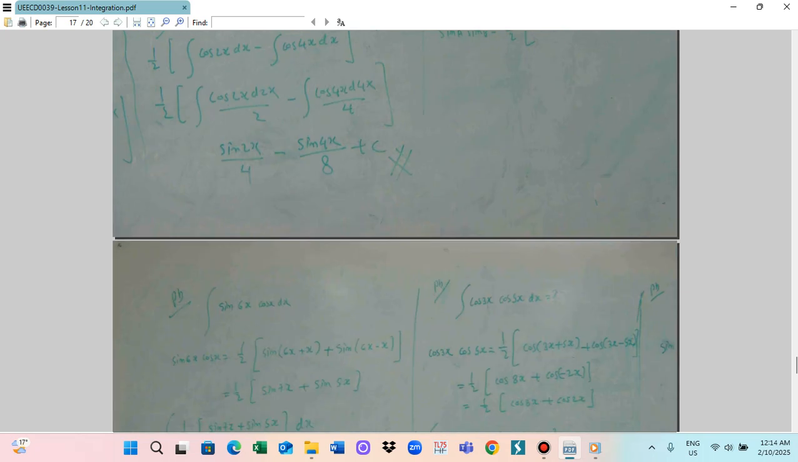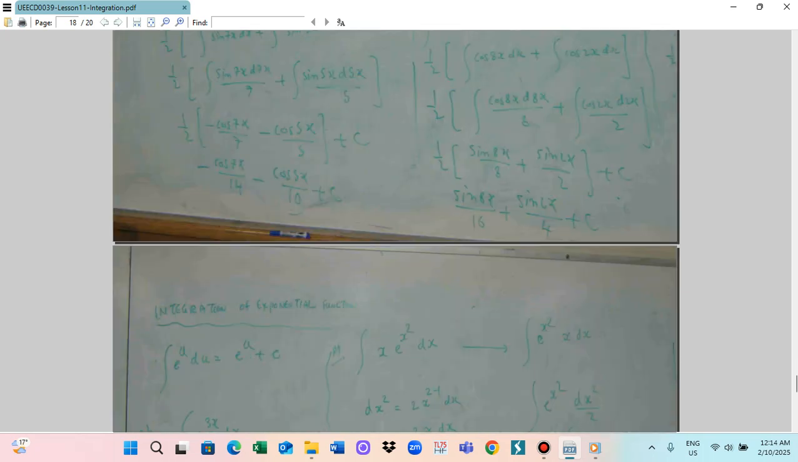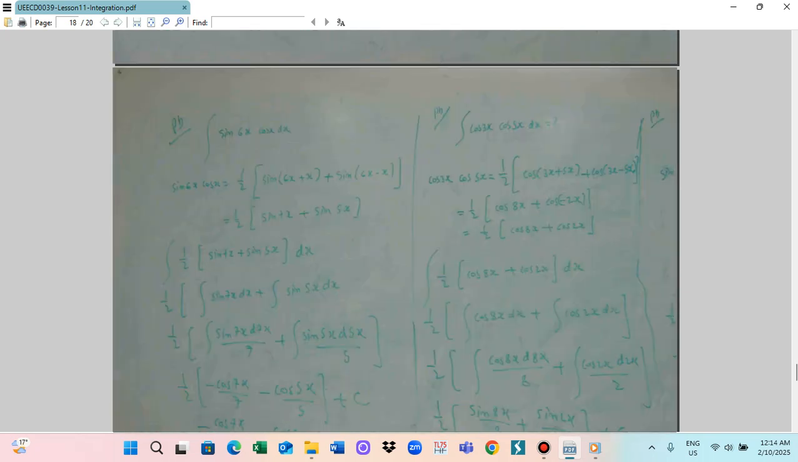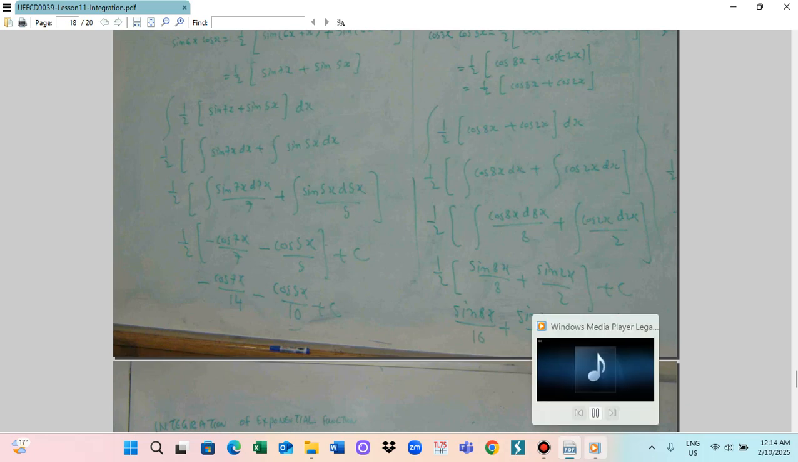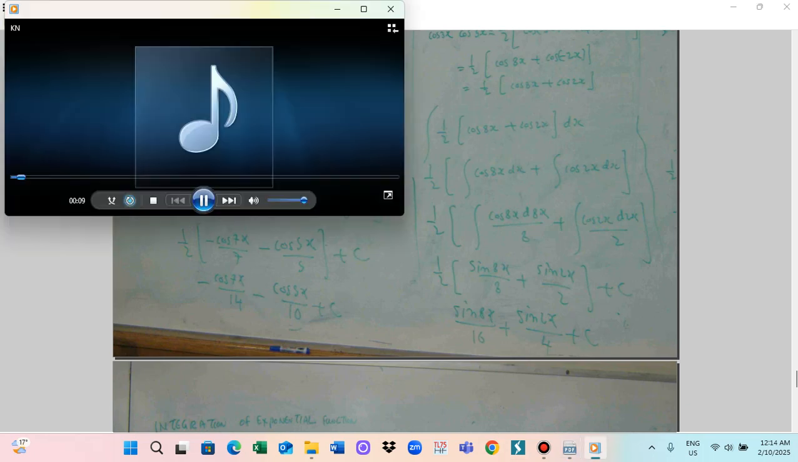So the integration of tangent square 3A dA. We cannot directly integrate tangent square, but you can integrate secant square. The formula is